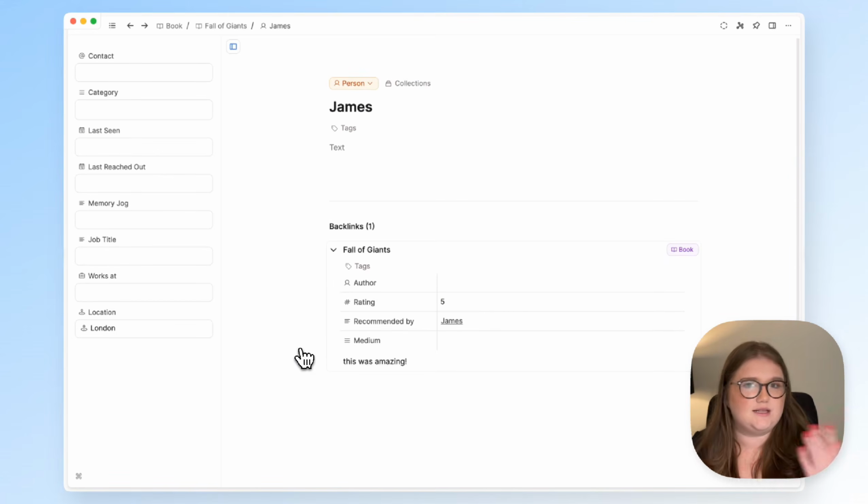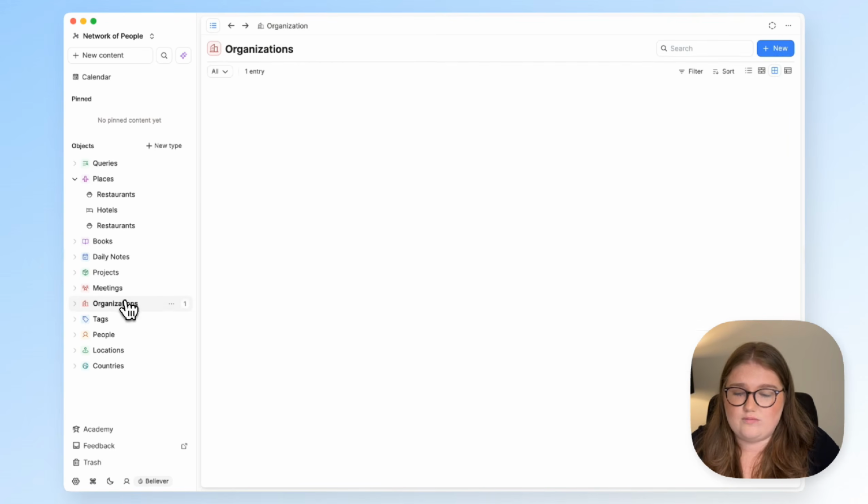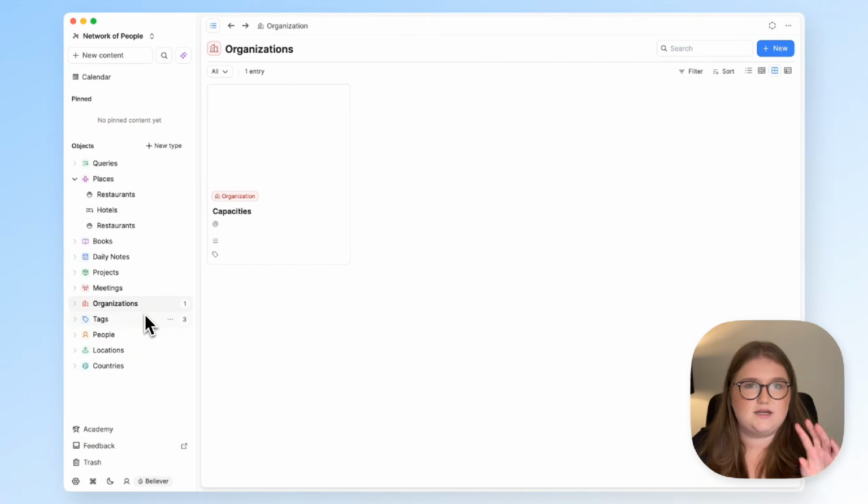And essentially, I think this is just a great supporting structure for our lives. There's so many connections in this world between people and things around us, and we can put that into Capacities in a way that's useful at the time, and then you can reuse it. It comes up ready for you whenever you need it, such as planning a trip, such as looking for somewhere to visit, even in your hometown, such as looking for people that you know at an organisation that you're interested in. It's all connected within this same network through the power of these object types and how we can connect them